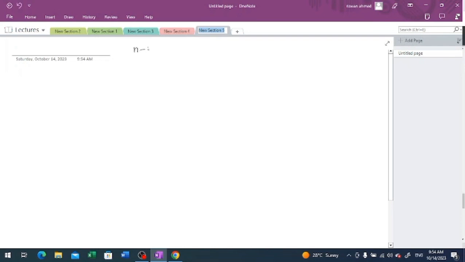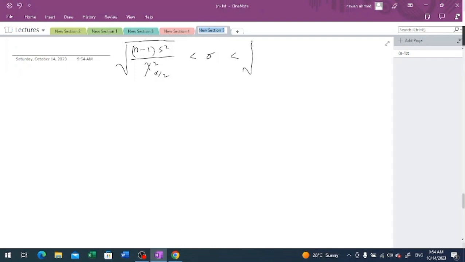It's n minus 1 times s square divided by chi square alpha by 2, inside the square root sign for the standard deviation, and the right hand side is n minus 1 times s square divided by chi square 1 minus alpha by 2. Now the example